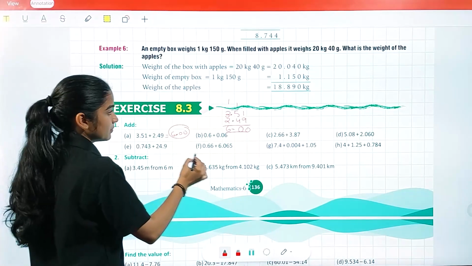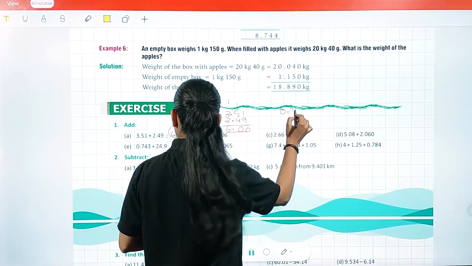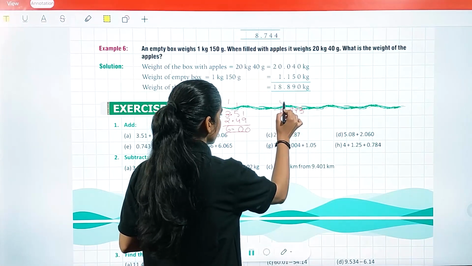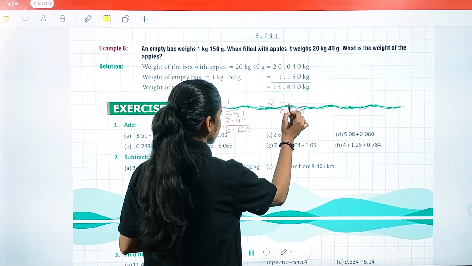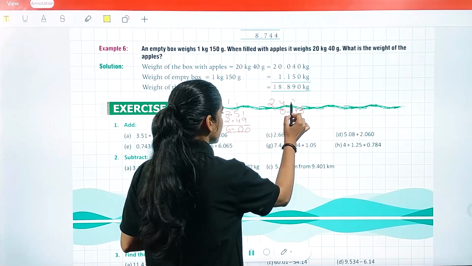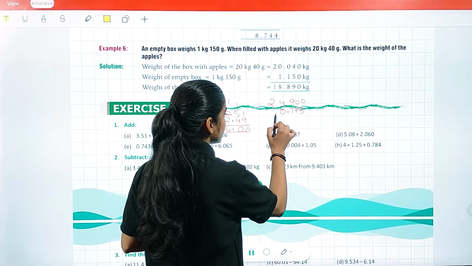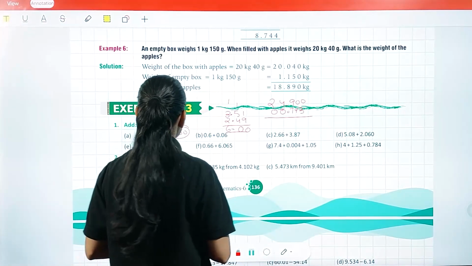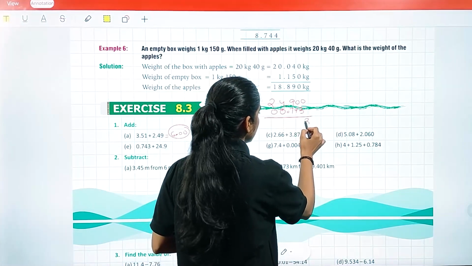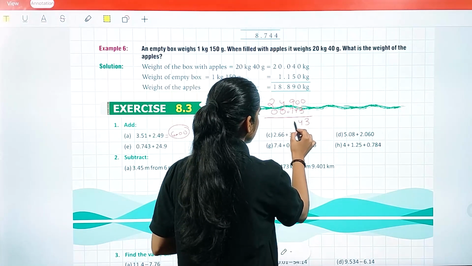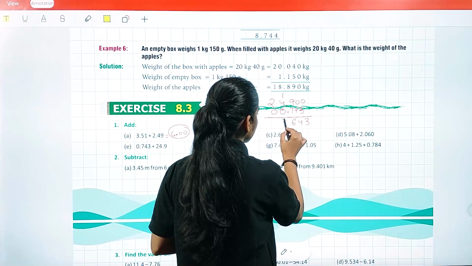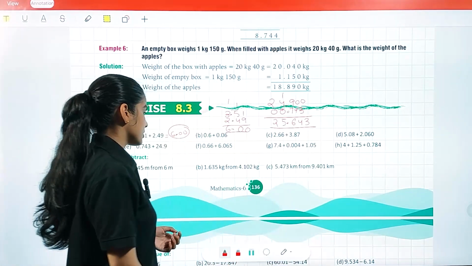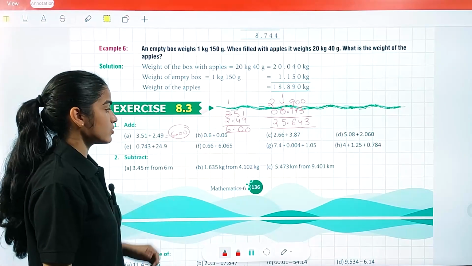Next, here we have 0.743 and 42.900. 3, 4, 9, 7, 16, 1, 5, 2. 25.643 is your answer. In the same way, you have to do the rest of the parts you have in this